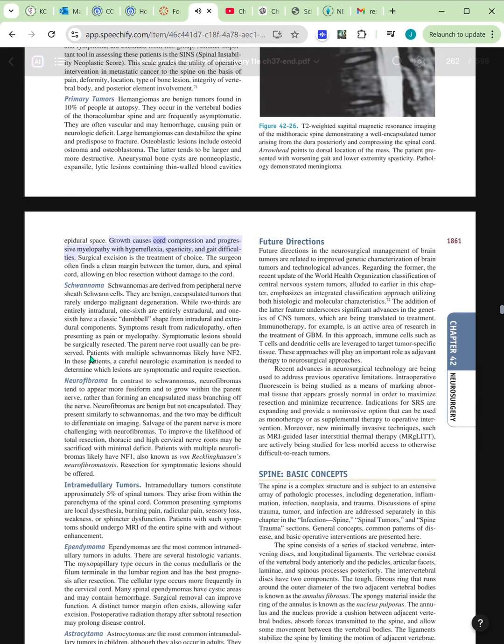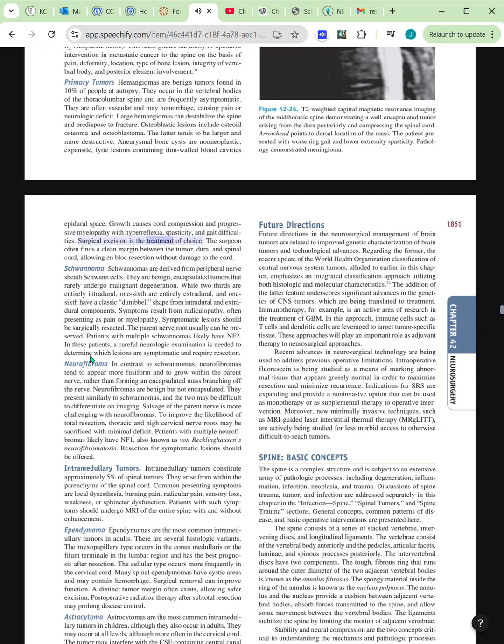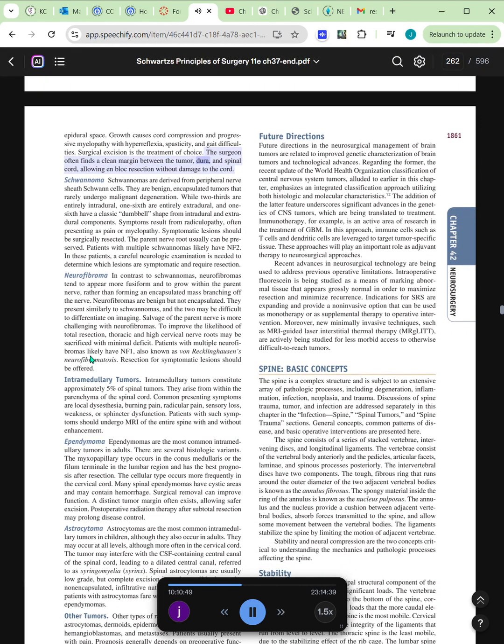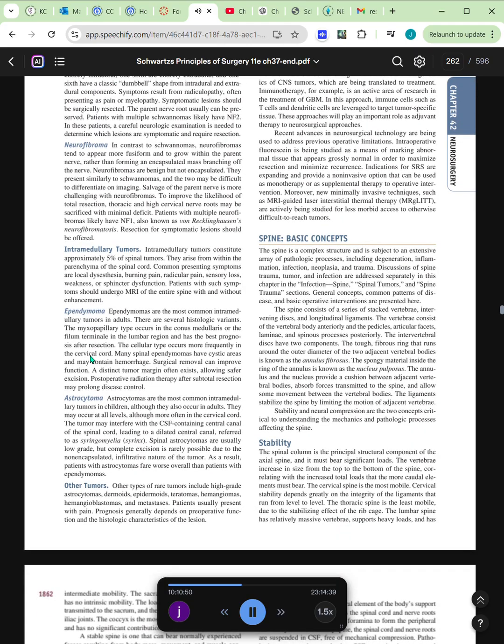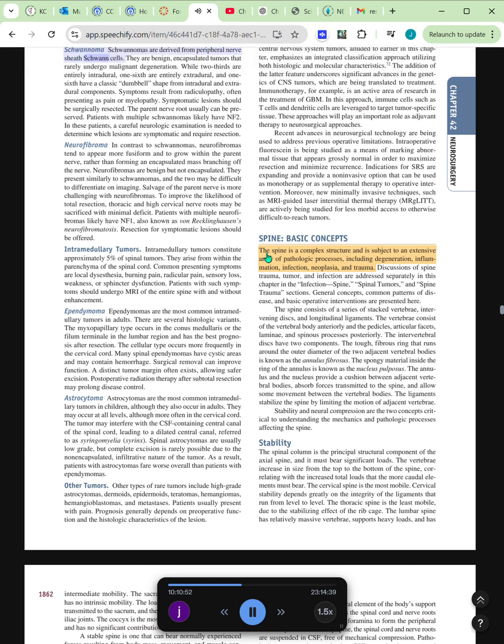Growth causes cord compression and progressive myelopathy with hyperreflexia, spasticity, and gait difficulties. Surgical excision is the treatment of choice. The surgeon often finds a clean margin between the tumor, dura, and spinal cord, allowing en bloc resection without damage to the cord. Schwannomas are derived from peripheral nerve sheath Schwann cells. They are benign, encapsulated tumors that rarely undergo malignant degeneration. While 2/3 are entirely intradural, 1/6 are